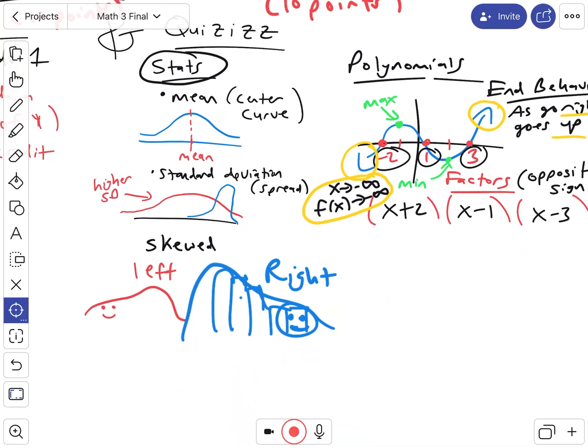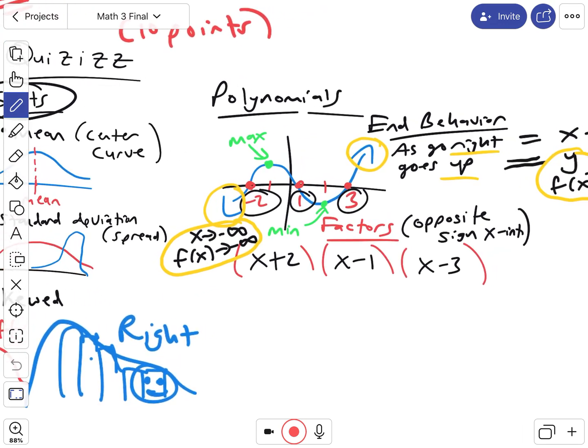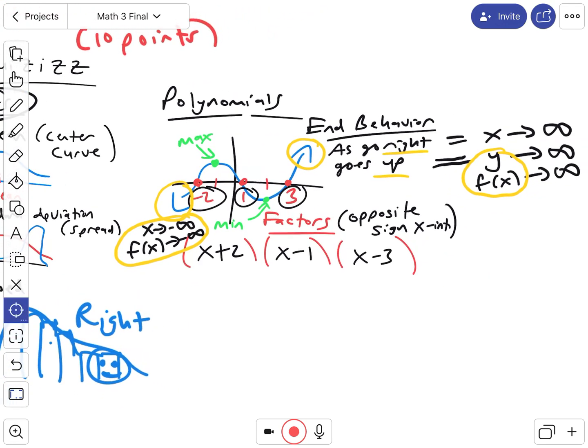Also skewed left and skewed right. I kind of remember drawing the snail. Skewed left is when the snail's face is on the left and the shell is on the right. And skewed right is the opposite: the face is on the right and the shell is on the left. So these are concepts that are pretty old, but they're worth having out in your notebooks, because it's going to be open note.